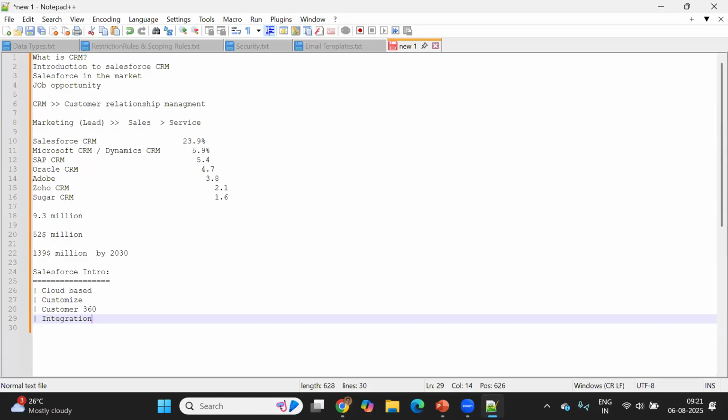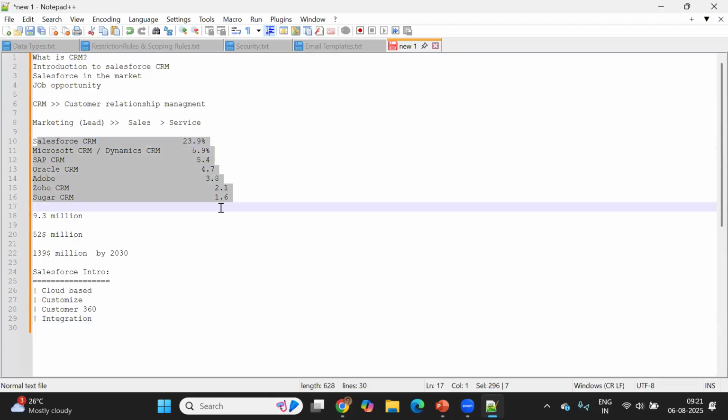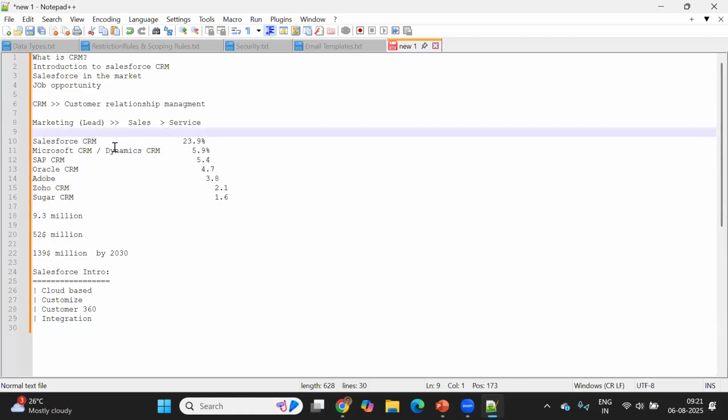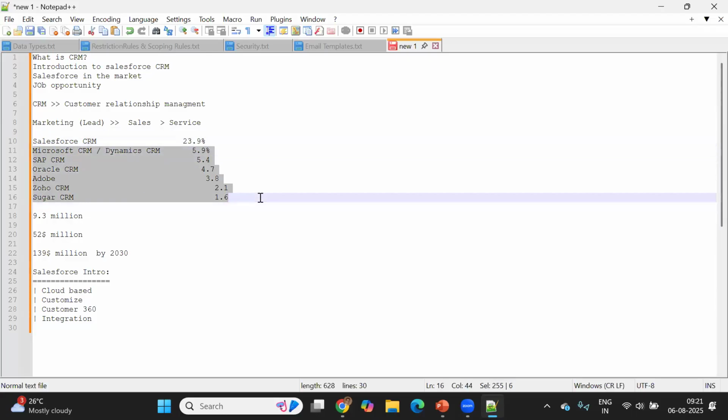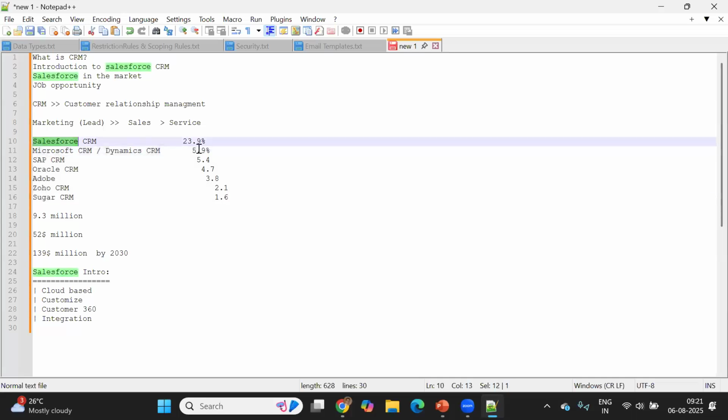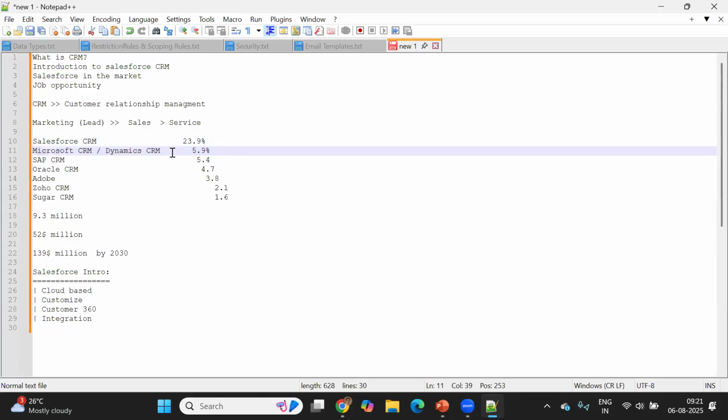Now there is a point you may ask, right? In the CRM space, there are a lot of CRM applications available. But why was Salesforce CRM performing very, very well compared with the other CRM software? Let's take a competitor; the second competitor here is Microsoft CRM, which has 5.9% market share, right? So why, in terms of